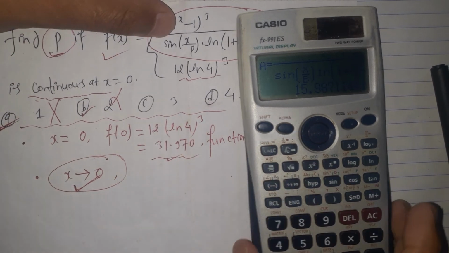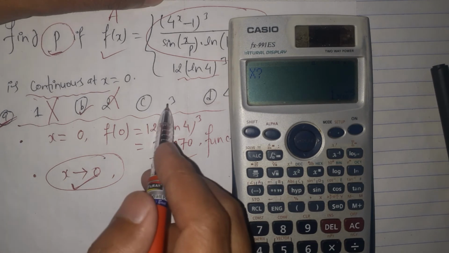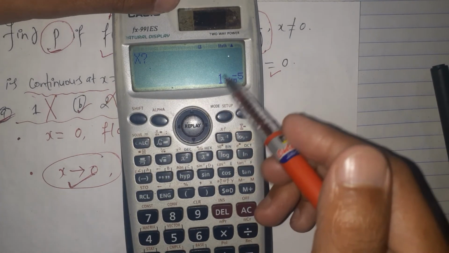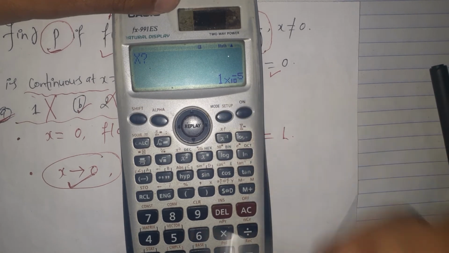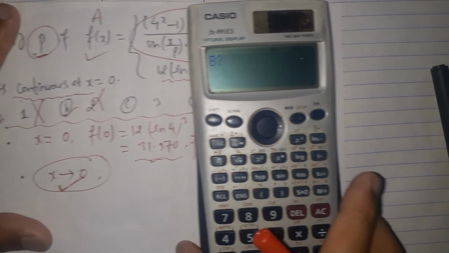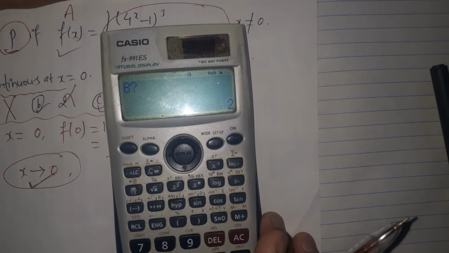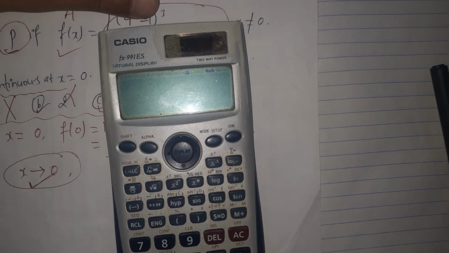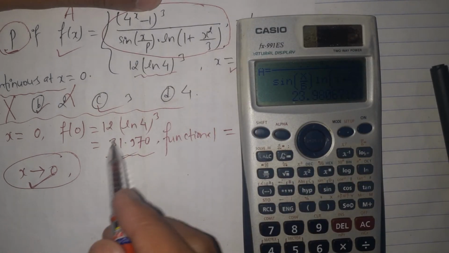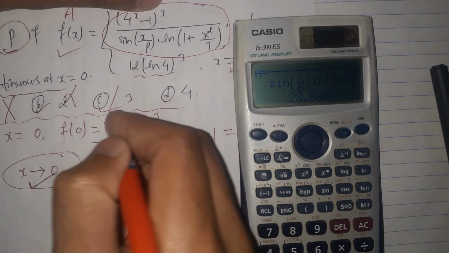Let's try option C. In option C the value is 3. Let's check on the number 3. The x is the same, very closer to 0, and the b is 3, checking option C. Let's give 3 as the input, and here the limiting value is 23.98, but the functional value is not 23, so option C is also incorrect.